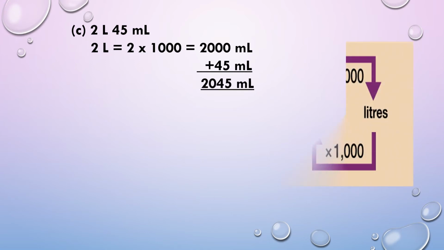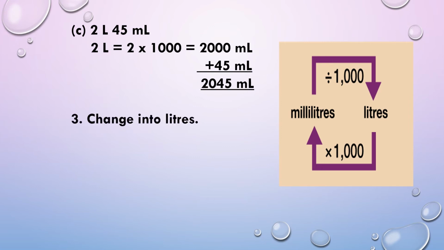Now see the next question, children. And don't forget that whenever you change milliliters to liters, you have to divide by 1000. Now in this question you have to change into liters, and the quantities are given in milliliters. Now see the first one, 2000 milliliters. This you have to change into liters, so you will divide by 1000. Count the number of 0s in the denominator. Children, 3 are there, and the same on the numerator also, 3. Cut that down and you will get 2 liters.